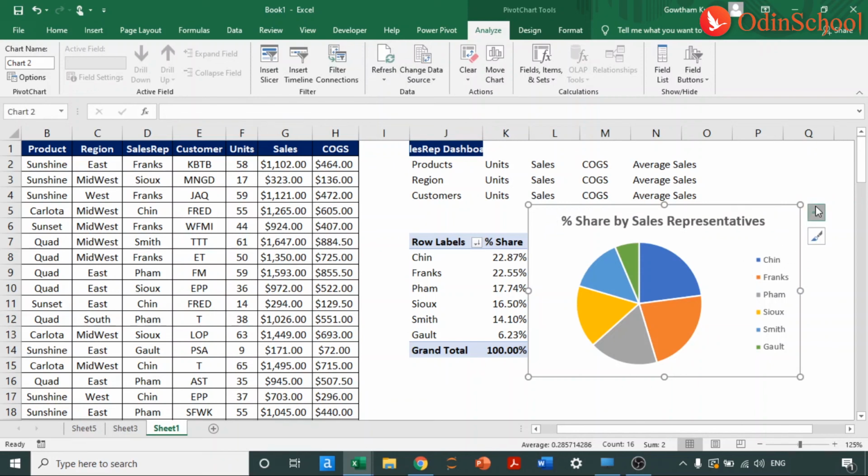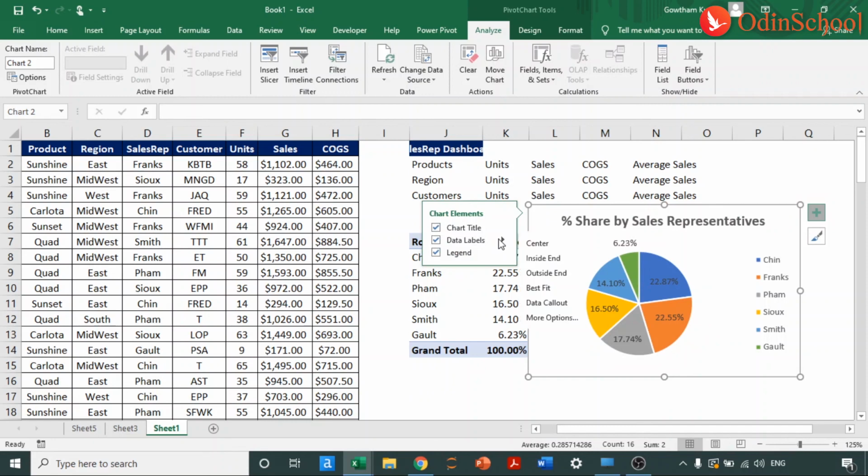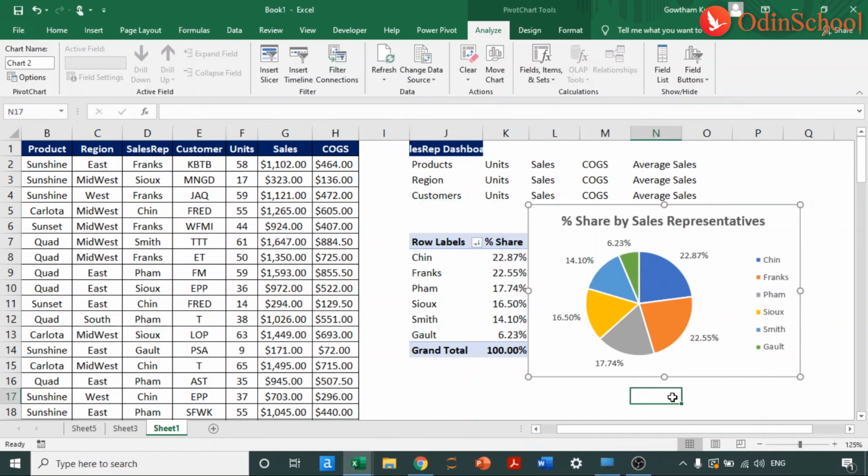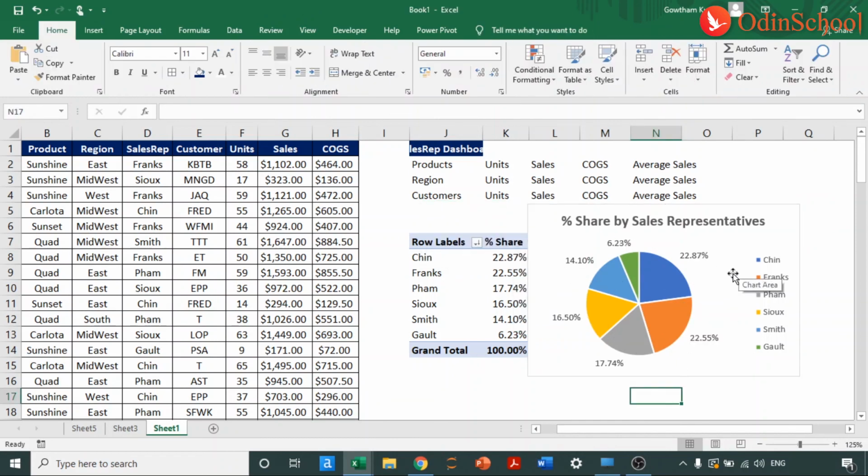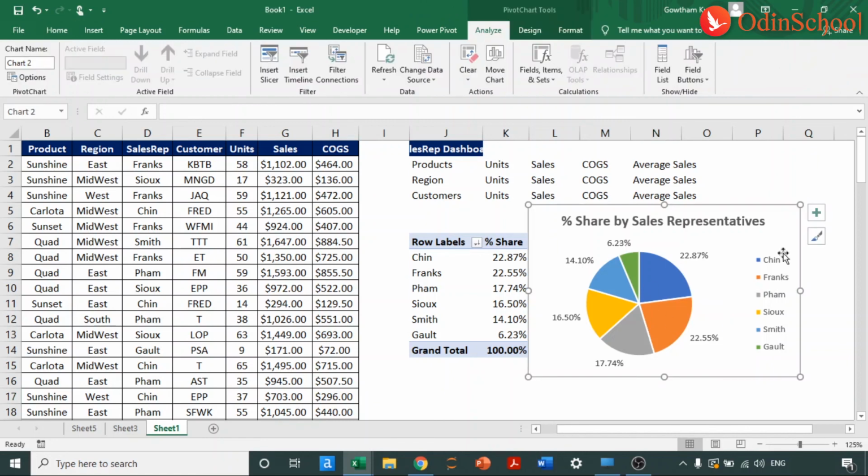Yeah, and then I can show the percentage also inside these data labels. It will give me the information as it is. Center, inside end. Yeah, this works fine. Outside end. So it tells me how much percentage of sales has been contributed by each and every sales representative